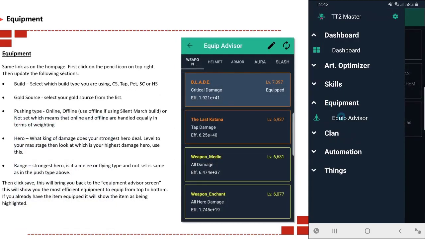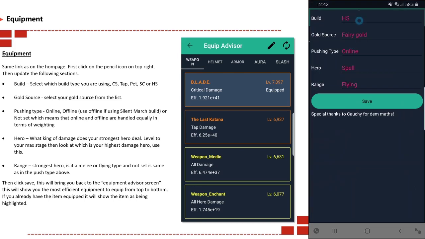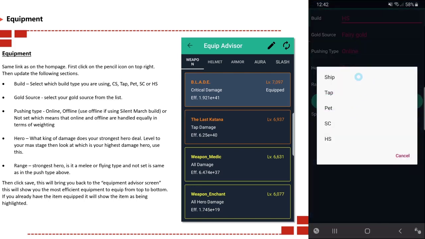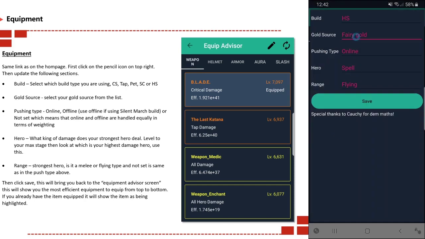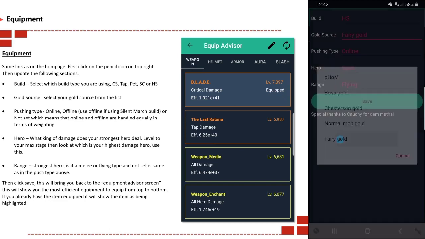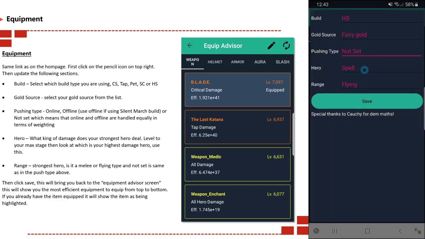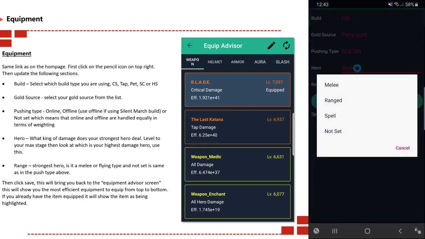Equipment. Same link as on the home page. First click on the pencil icon on top right, then update the following sections. Build: select which build type you're using, so clanship, tap, pet, shadow clone or heavenly strike. Gold source: select your gold source income from the list. Pushing type: so if you're online, offline. If you're using offline, use silent march or not set, which means that online and offline are handled equally in